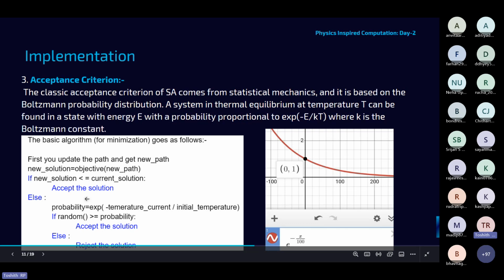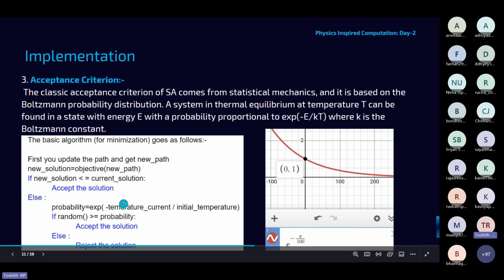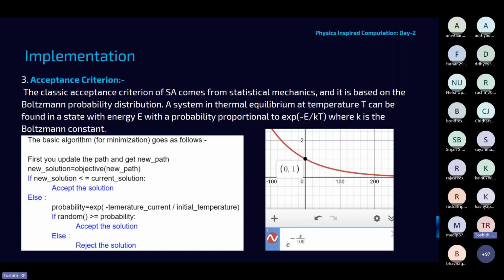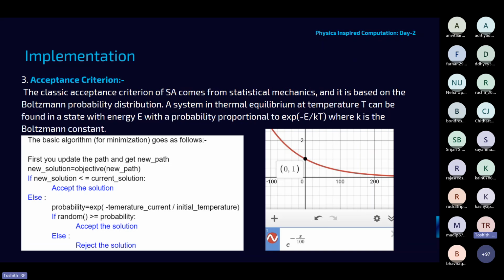What this means is that it becomes harder to accept worse solutions as the temperature is lower. Atoms do not move around much more. They just move around in their immediate neighborhood. They do not jump around in their crystal lattice. At a lower temperature, as the temperature keeps on cooling, all the atoms gradually settle into order.